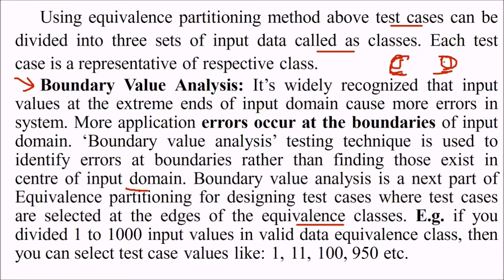So we have found or made the equivalence classes. Then we take the boundary values. For example, if you have divided 1 to 1000 input values into a valid data equivalence class, then you can select test cases like 1, 950, and some in between, 1005, and then say -5, like this. Just boundary values: one value just before 1 and one value after it, and one value just before 1000 and after